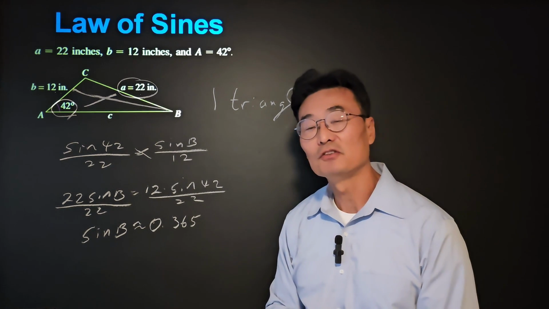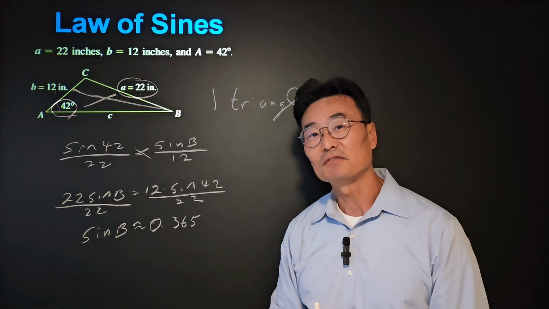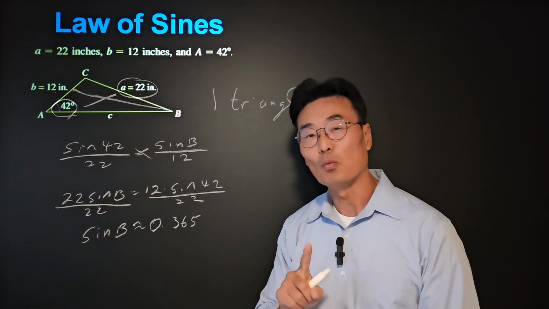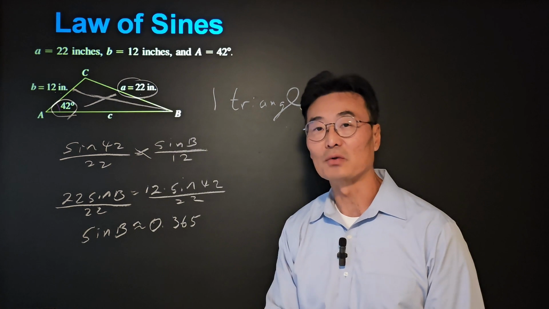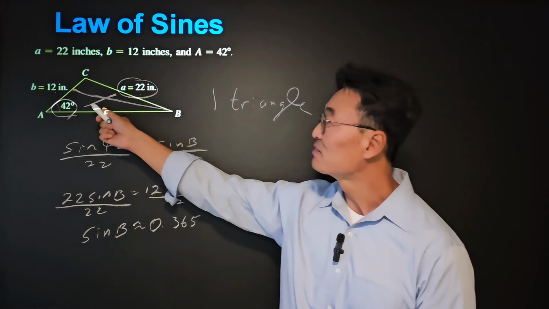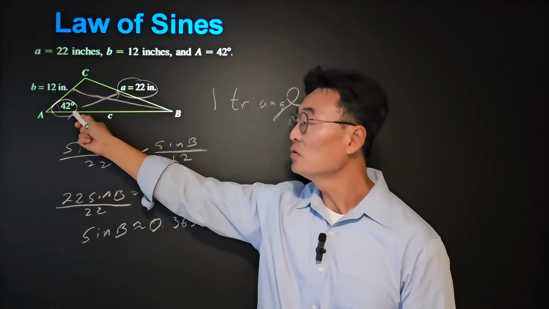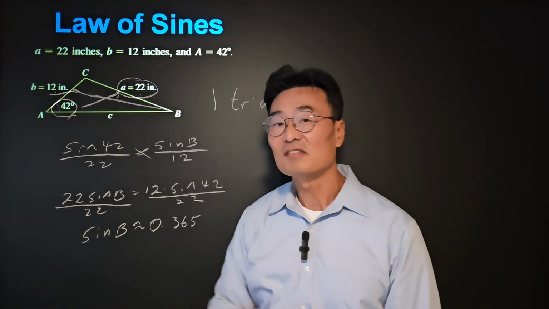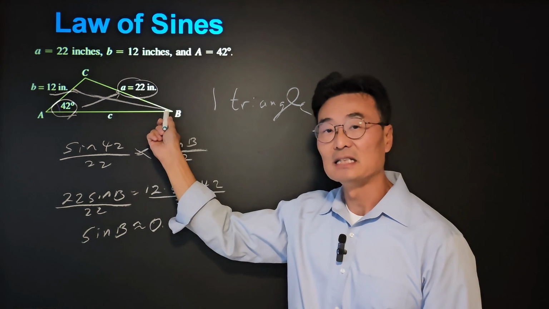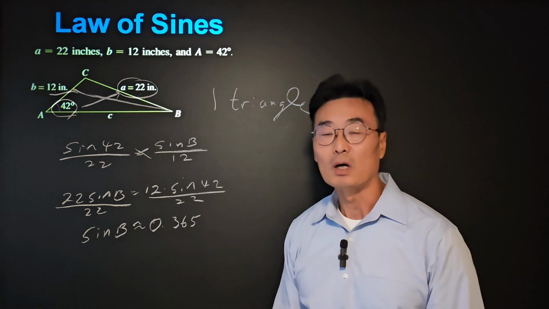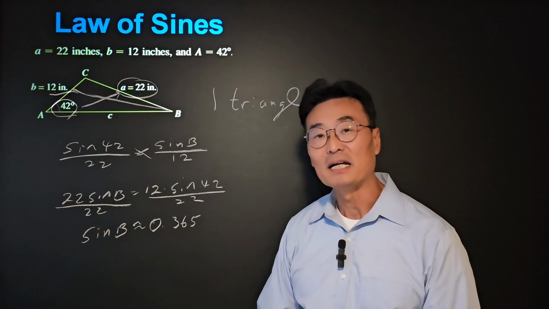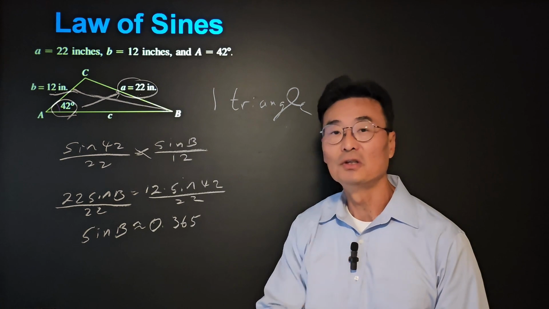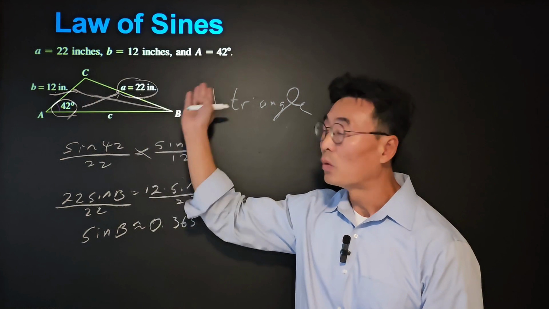This is pretty important. Again, first you check if the triangle exists, which we did, and to find out if it's a 1 triangle or a 2 triangle case, if the side opposite of the angle that's given is greater than the side opposite of the angle that's not given, it's going to be 1 triangle. So in my next example, let me show you how or where you would get 2 triangles given 1 set